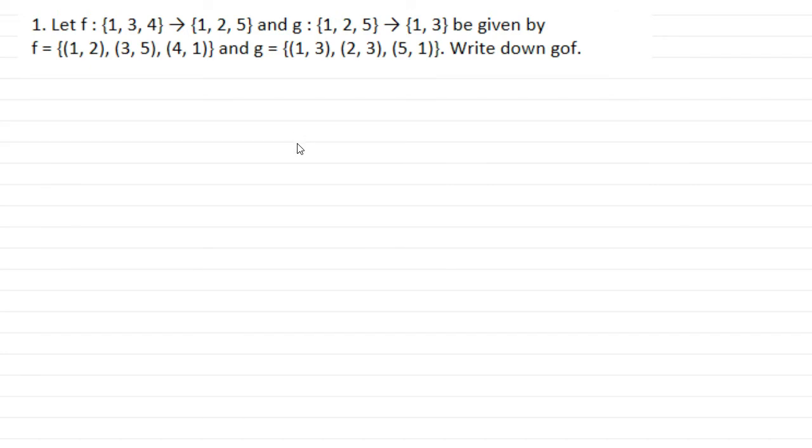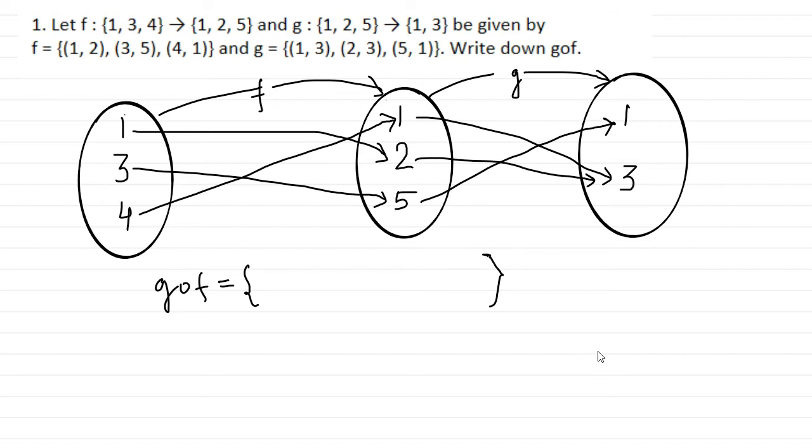To solve this question, for writing down gof, we have written both the functions f and g in the mapping form. Now under f, 1 maps to 2, 3 maps to 5, and 4 maps to 1. Under g, 1 maps to 3, 2 maps to 3, 5 maps to 1. If you start with 1, you will reach 2 in the first stage, then you will reach 3. So gof will be